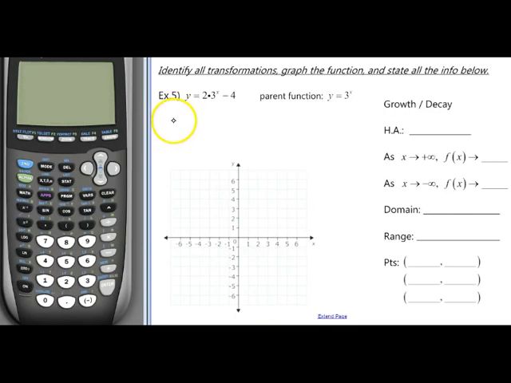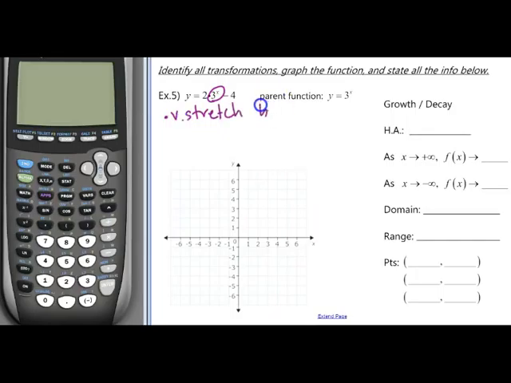Now let's go ahead and use our calculator to help us identify the transformations, graph the function, and state the information below. Before we actually move to the calculator, we can identify the transformations based off of the parent function. Since our parent function is 3 to the x, we have to look at all the transformations that are done to 3 to the x. So we have this 2 multiplied out front, that's our a, and since 2 is greater than 1, that means we are going to have a vertical stretch